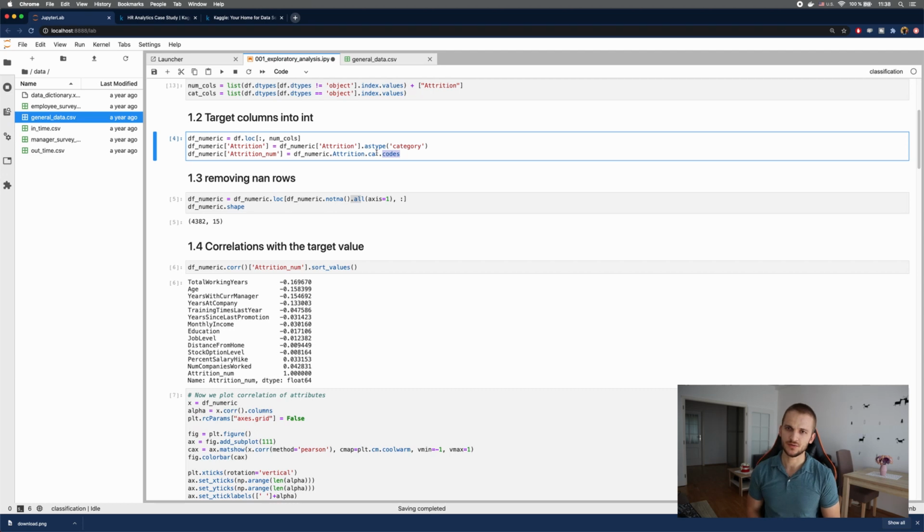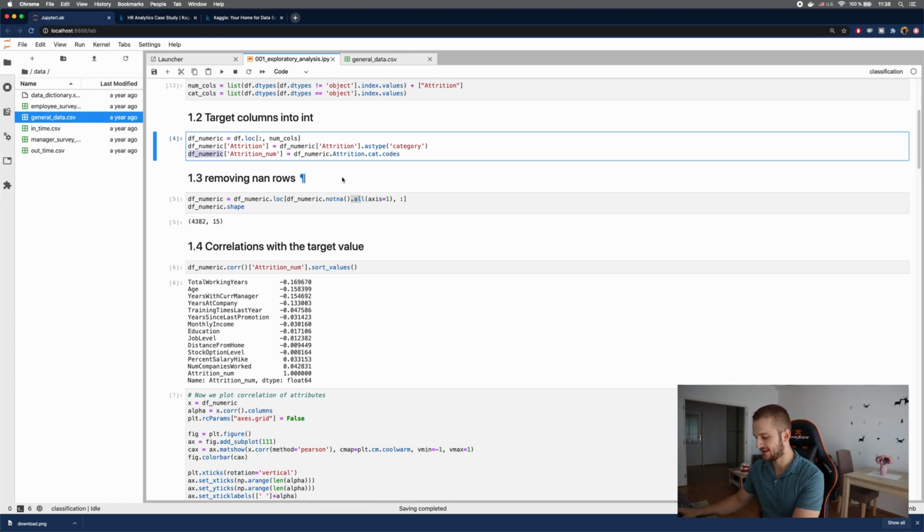Now, the best to use is the numerical data, because of how we're going to do it, which I will show you later. We're going to use some mathematical functions which are going to map the behavior of the employee based on the data, and mathematical functions work best with numbers. So we are going to use the numbers mostly. But you can also use the categorical data, which we're going to transfer into numerical data, the same way as we transferred the attrition into numerical data in this line, right? So now